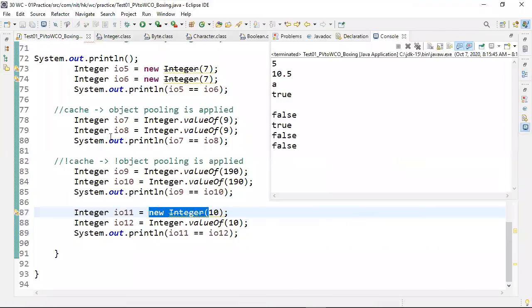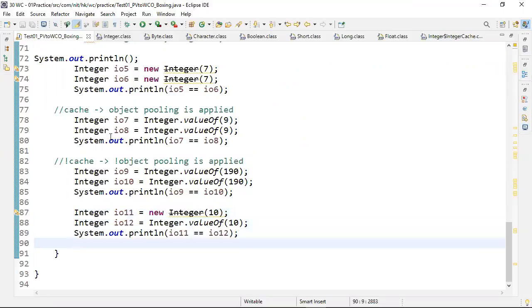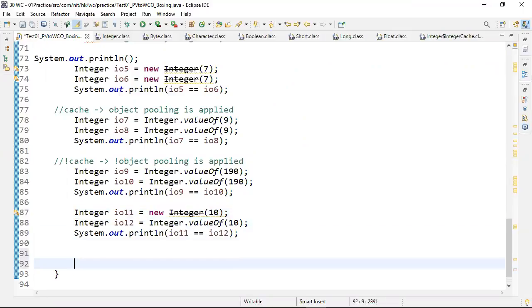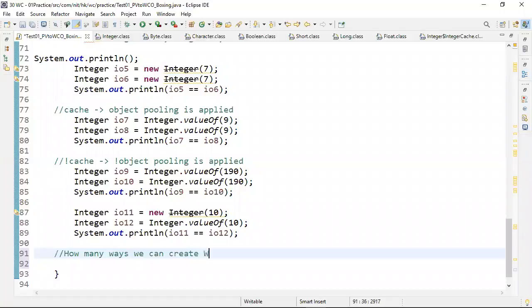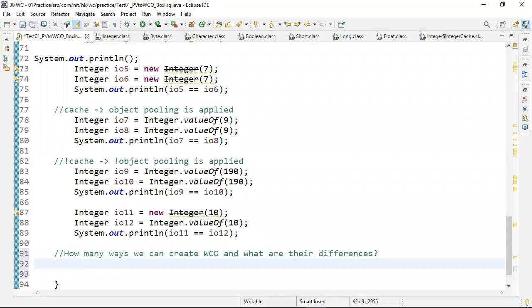This is a very important point you have to practice. So if you practice all these test cases, it will be easy for you. Then tell me now, totally, the final conclusion. How many ways can we create a wrapper class object and what are their differences? And tell me how many ways we can create wrapper class objects? We can create in 2 ways. The answer is in 2 ways by using